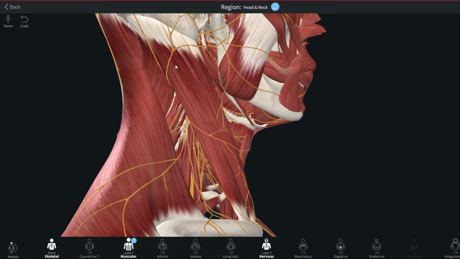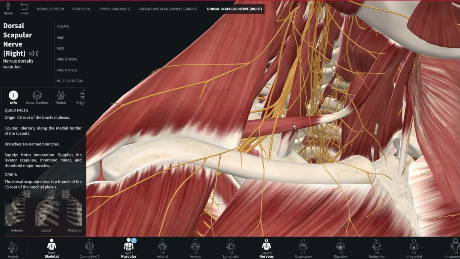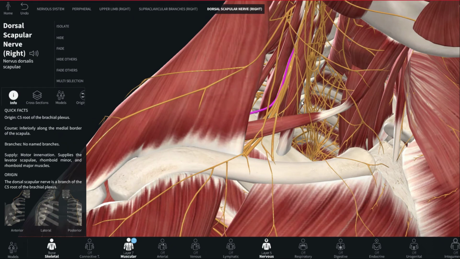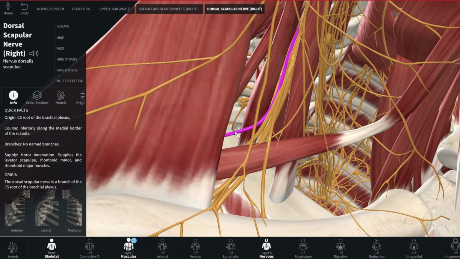dorsal scapular nerve. So let's find out the dorsal scapular nerve. Okay, so after a lot of searching, I was able to finally pin down the dorsal scapular nerve as indicated by the purple nerve over here. So as you can all see, it is above the inferior omohyoid, so it is a constituent of the occipital triangle. So the dorsal scapular nerve, if you remember the brachial plexus, then you will remember that there